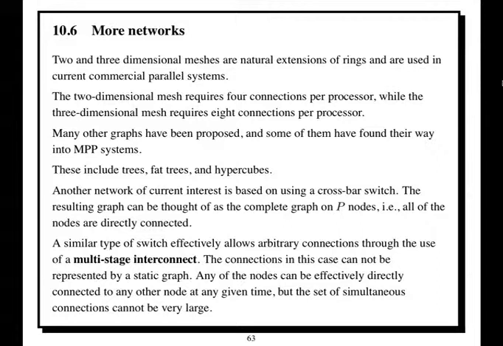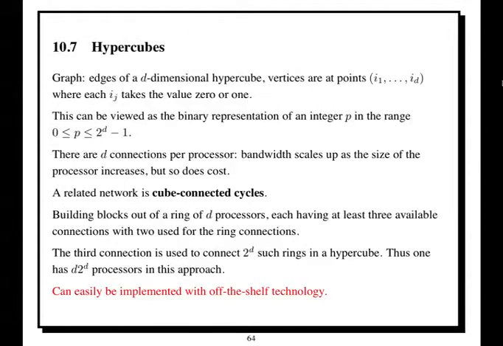Crossbar switches are things which connect everything together. A simple hub, an Ethernet hub, the way you use it, looks like a crossbar switch. There's a thing called a multi-stage interconnect, which has been used in a number of commercial applications. So there are lots of different networks. Hypercubes are kind of fun because there's a lot of math, I think. But as I say, N-Cube was one of the first commercial parallel computers,